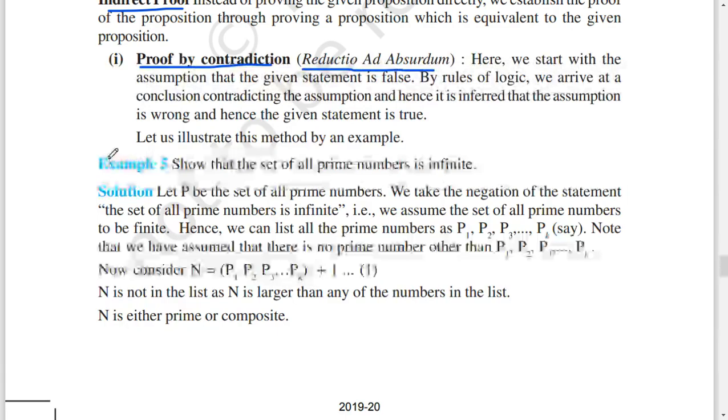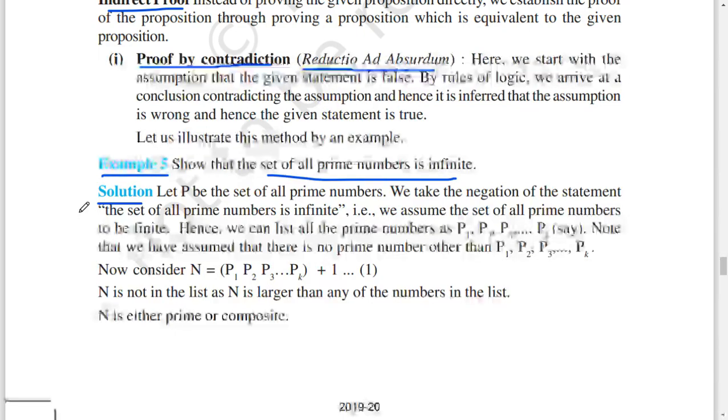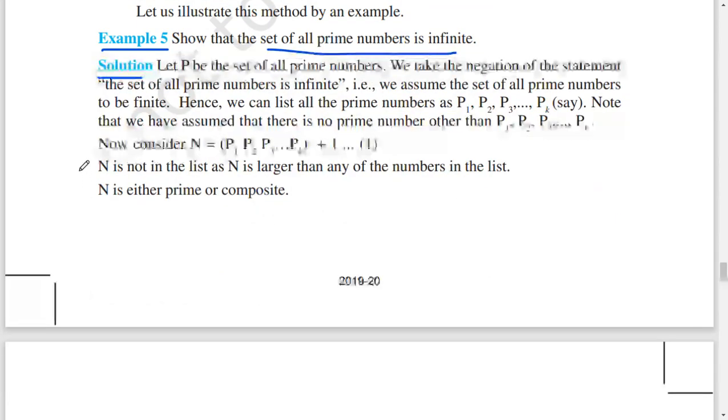Let us illustrate this method by an example. Example 5, show that the set of all prime numbers is infinite. Solution. Let P be the set of all prime numbers. We take the negation of the statement, that is, we assume the set of all prime numbers to be finite. Hence we can list all the prime numbers as p1, p2, p3, ..., pk. Note that we have assumed that there is no prime number other than p1, p2, p3, ..., pk. Now consider n equals p1 p2 p3 ... pk plus 1. (1)